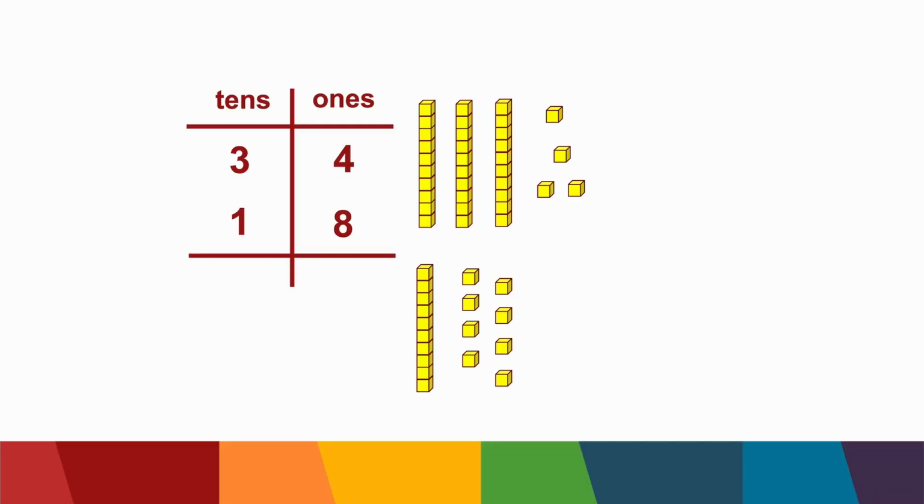2 and 2 addition. Here we have 34 plus 18. We add the ones column. 4 plus 8 is 12. 12 is actually 1 ten and 2 ones. We give the 1 ten to the tens column. We carry the 2 down. Then we add the tens column. 3 plus 1 equals 5. 34 plus 18 equals 52.